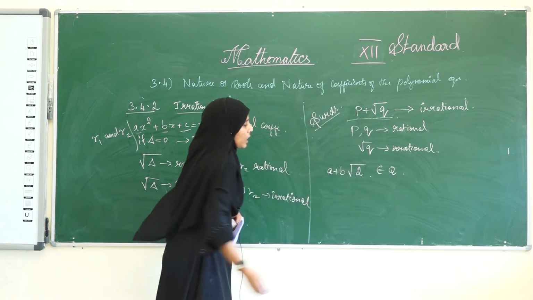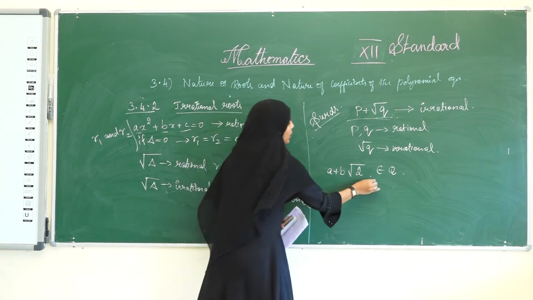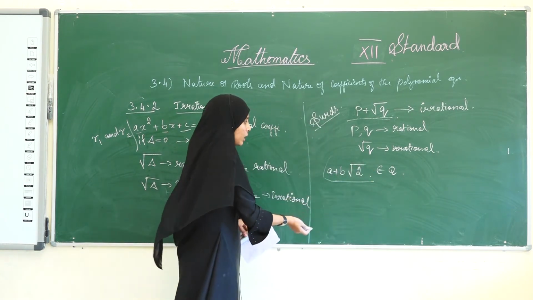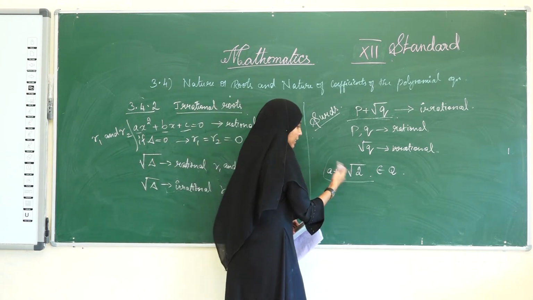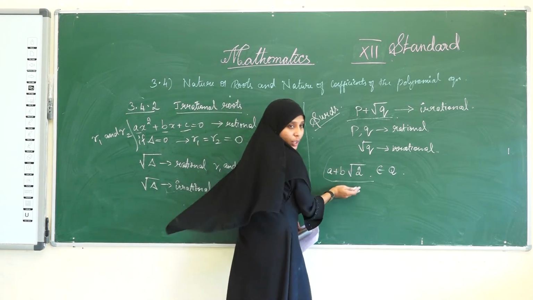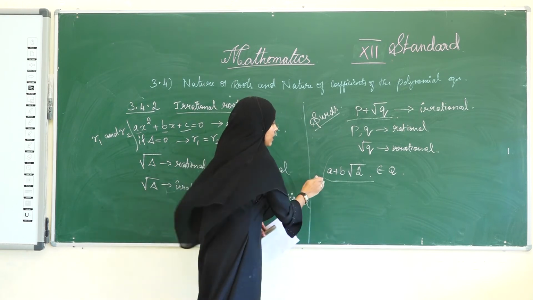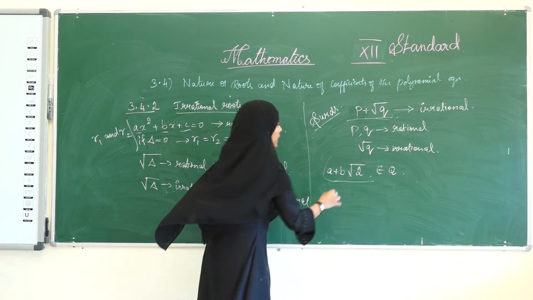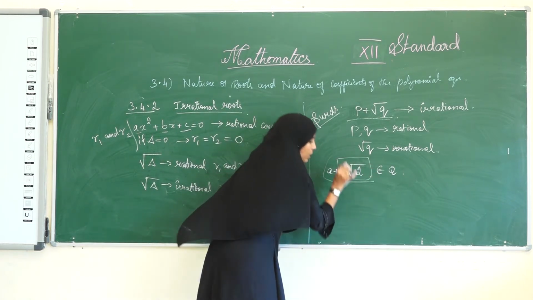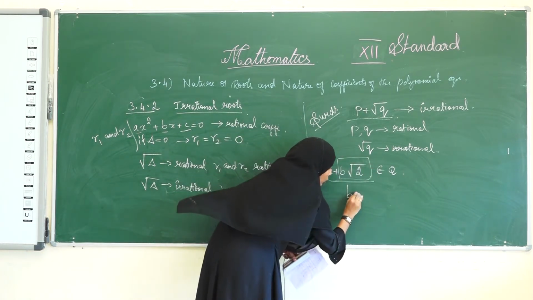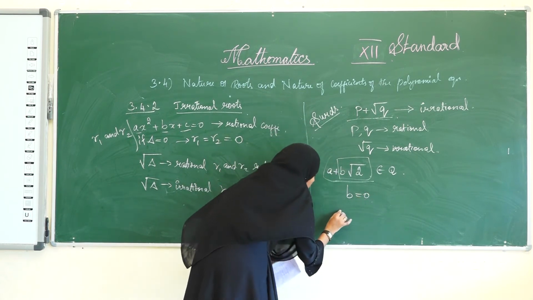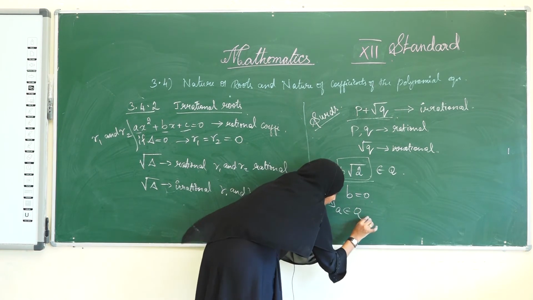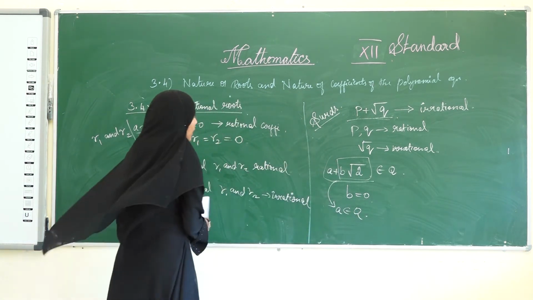Q means rational numbers. Suppose they give such a number as rational, how is it possible? Surely when we see this we can say it is an irrational number, but how is it possible when this belongs to q, the rational numbers? This becomes possible when b is equal to 0, then the value of the number will be a, and a is surely a rational number. Okay.